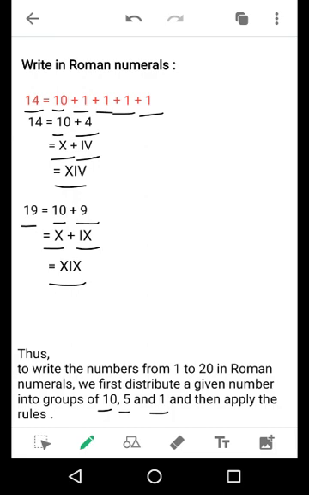We have more symbols for larger numbers. These symbols are used according to how large the number is. So this is how we write international numbers in Roman numerals. Today we have done the topic of Roman numerals. You just have to revise this topic and learn the rules. In the next video, we will start with the exercise questions of problem set 1.